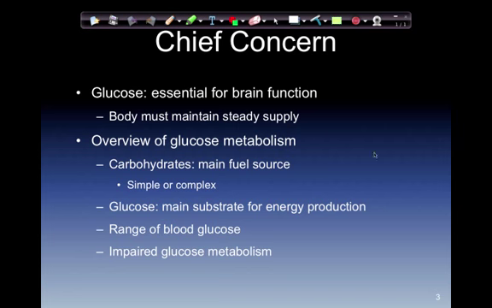Carbohydrates are our main fuel source. We have two forms of that. They are simple and complex. Simple carbohydrates are found in foods such as fruits, table sugar, and milk. Complex carbohydrates are derived from vegetables, nuts, and whole grains. Glucose, the main substrate of energy production, changes in the circulating blood glucose levels can have a significant impact on neurological and cognitive functioning,